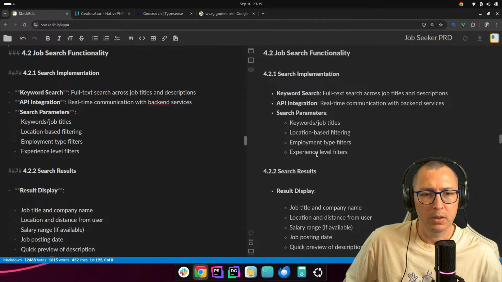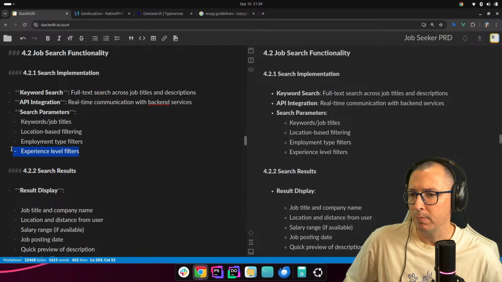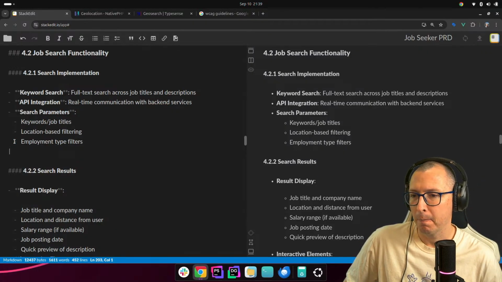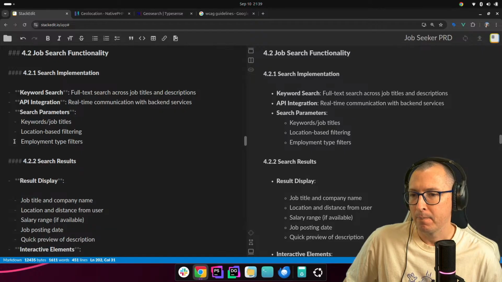Employment type and experience level. Experience levels? Nah, we're not gonna have that. We could have employment type. Yeah.